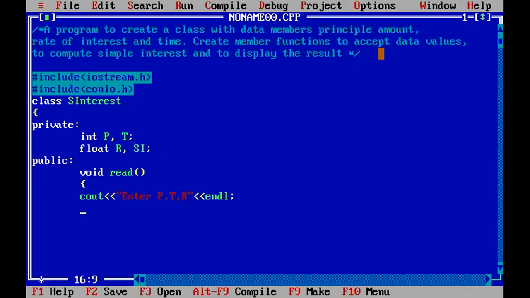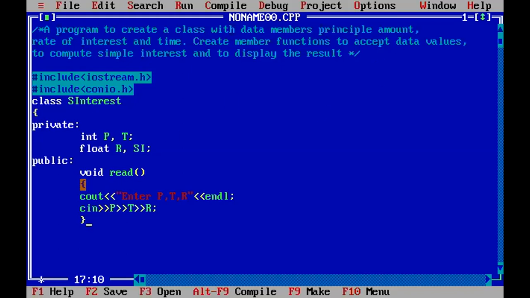To read the values of P, T and R, I'm going to use the cin statement. Now read P, then T, then R. So here we go, and close your member function.